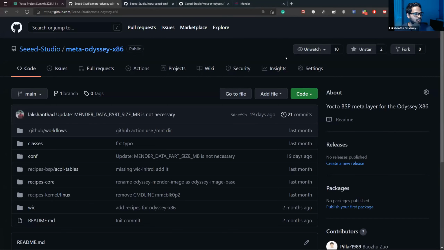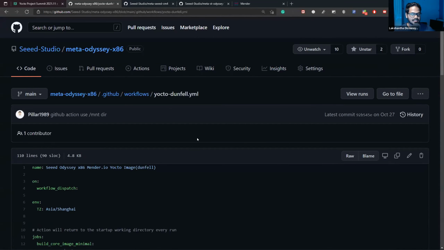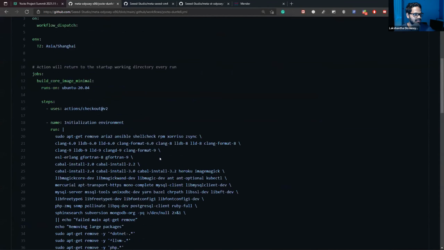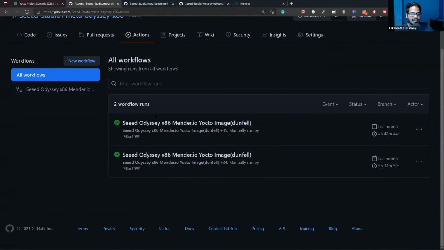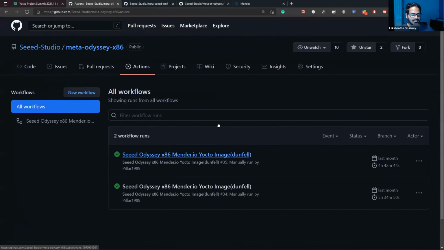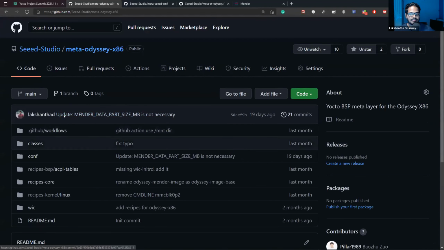So I will open up the GitHub. You can see this is the source code for the Odyssey x86 BSP. Here, we use GitHub Actions to create system images. We have created the process here. If we go to Actions, we can see the latest build, and you can download the system image from here. Then you can flash the system image to the board and run from there. Also, you can use the source code to build the images by yourself